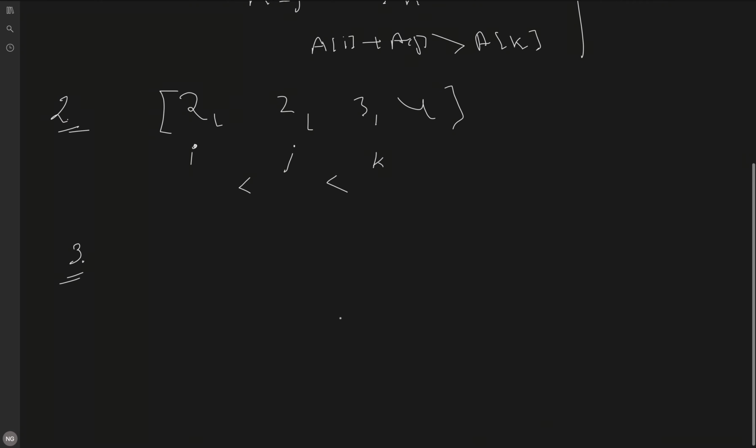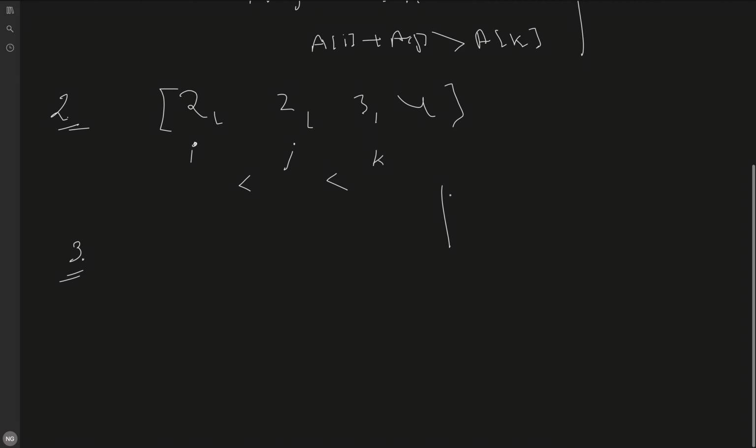So what we can do, first of all, we will fix a pointer over here, like the final pointer, let's say initially that is i. So we will run a for loop for i from n minus 1 to 2, so that we will form all the triplets. Once we are running this loop, we know nums of i is always greater than nums of j and k, and we will initialize j, the first pointer, from the 0th index, and the second pointer k from i minus 1.